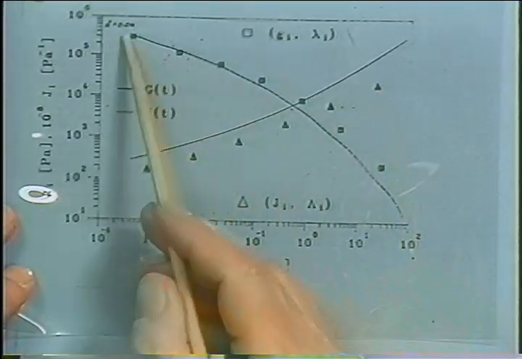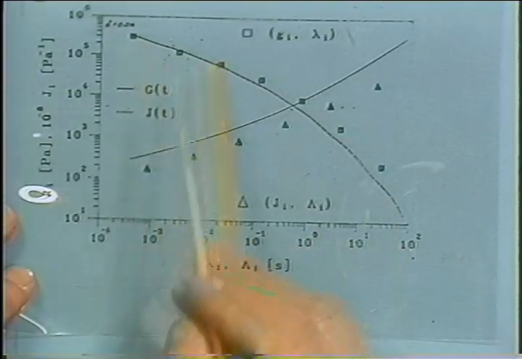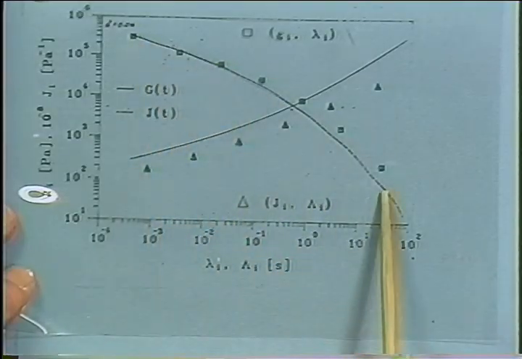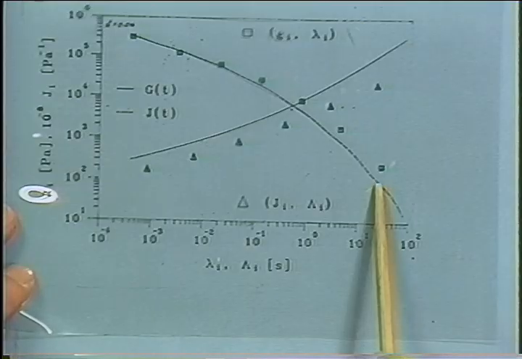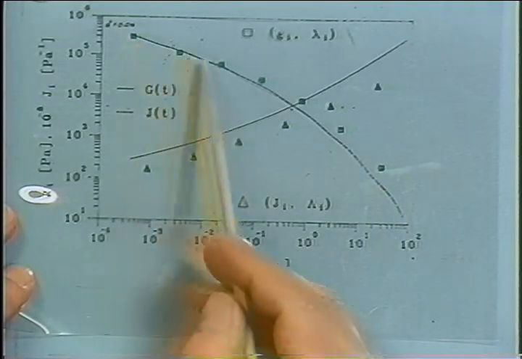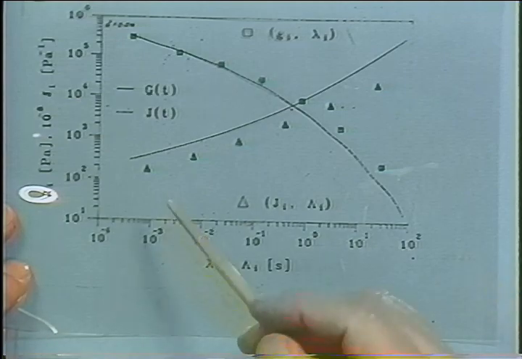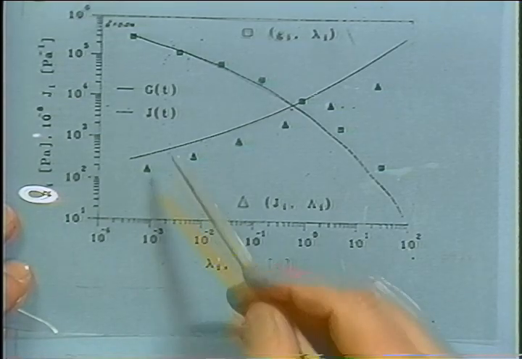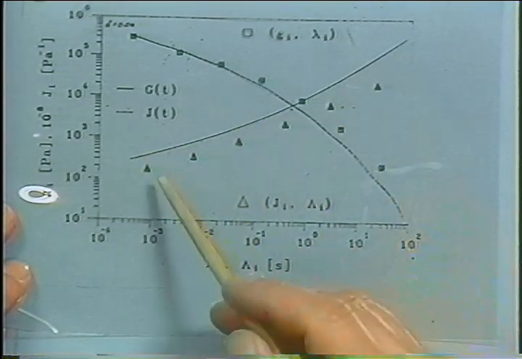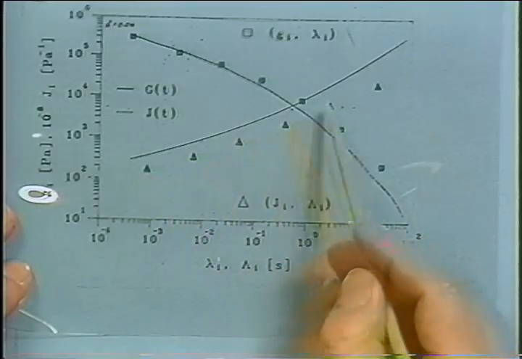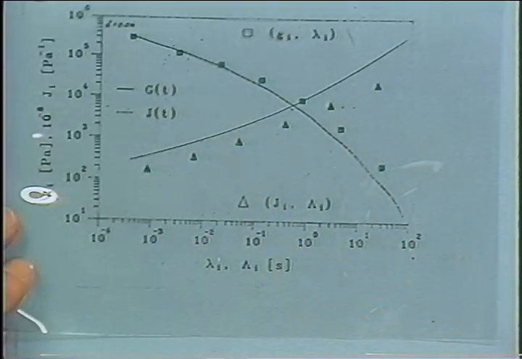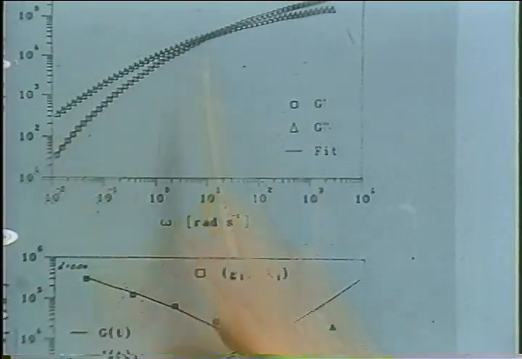By the way, those curves are not supposed to go through the data points. The curve here is G of t, the relaxation modulus, and this is the discrete spectrum. It just happened to go kind of parallel. And the same thing for the compliance, which is drawn here, and the retardation spectrum. Those points should not be on top of each other. But this is just the fingerprint of the material in the beginning, and now we put some damage to this